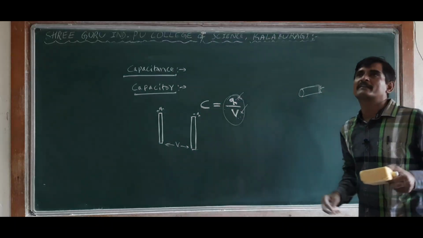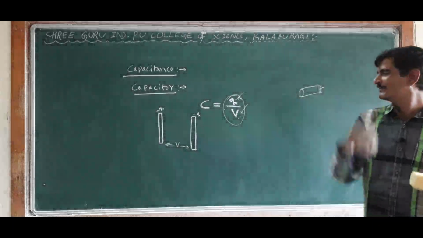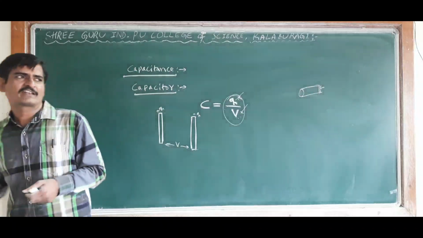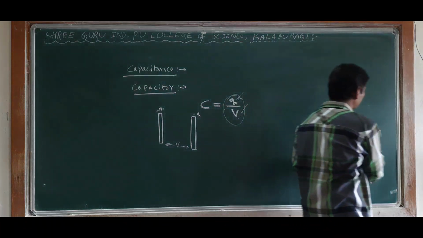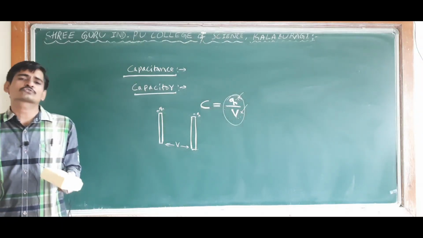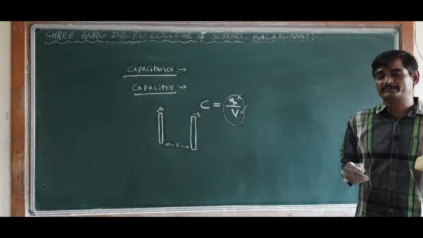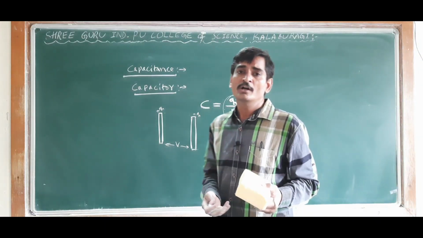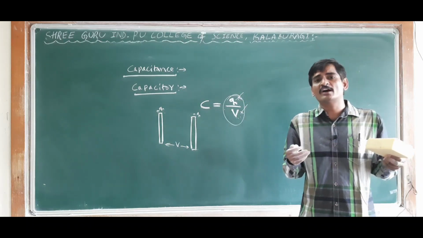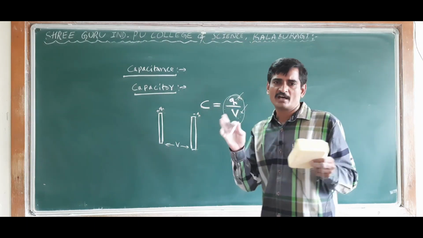If you look at the ceiling fan from below, you cannot see it now, but you can see it at your home. So there will be a capacitor. The capacitor is used in almost all electrical devices. And what is the main function of the capacitor? Its function is to store charges, that is, to store energy, and also to acquire or absorb a large amount of charge without any damage or problem.